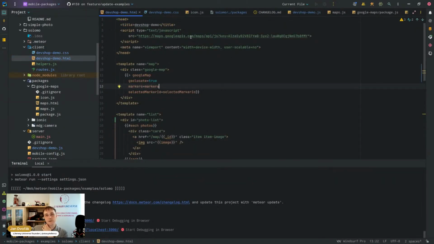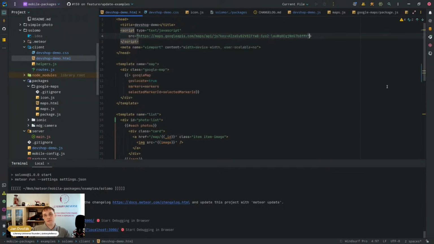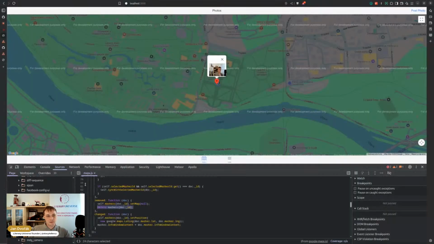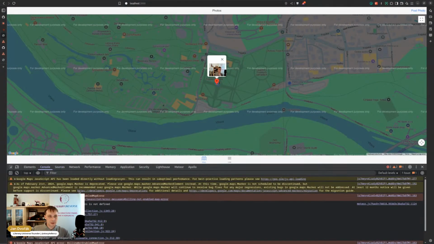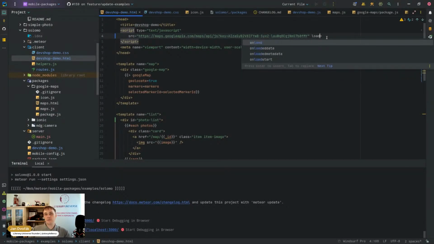So map Google APIs. Let's see, we can probably start as a favorite in the first. Google Maps marker is deprecated. Please use Google Maps.marker advanced marker element instead. That's one thing. And we have